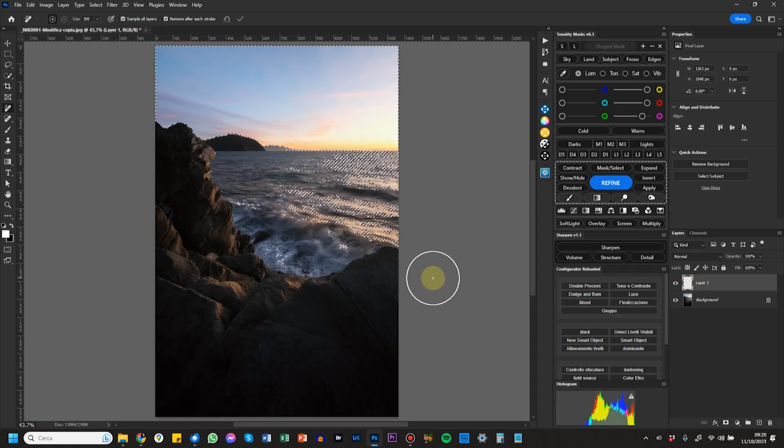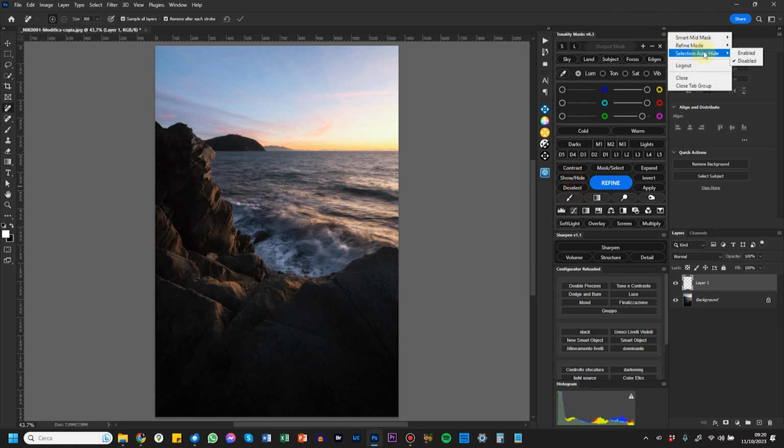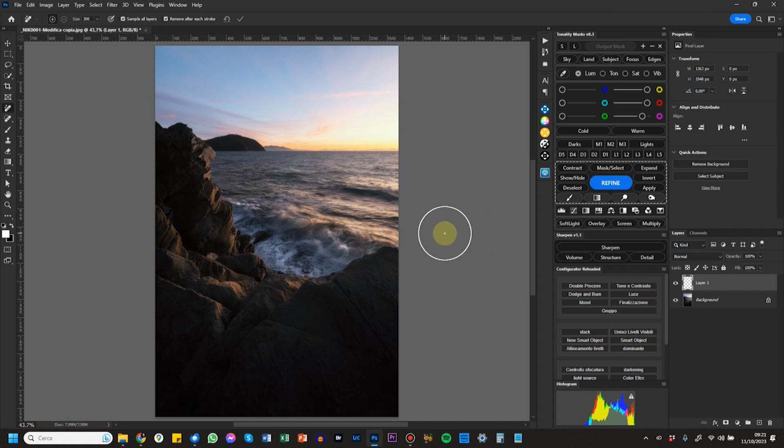So that depends. If you prefer to make the marching ants disappear immediately when you have an active selection, no problem. You don't have to press Show Hide every single time. You just go to the Option tab and leave the Selection Auto Hide enabled. That's it. So you just press Light 1, you mask select, and the marching ants are gone, but the selection is active.